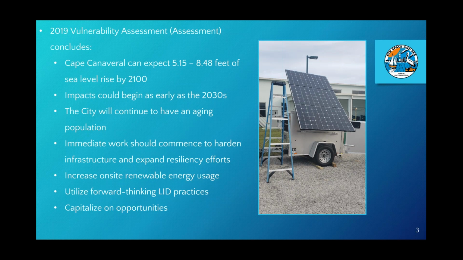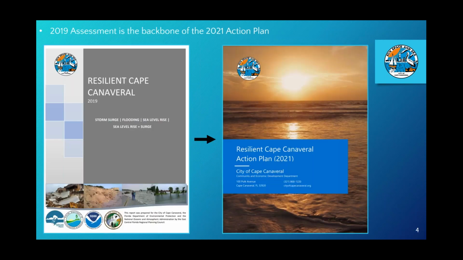Given the extensive scientific background and public comments provided through the development and completion of the city's vulnerability assessment, the document provides an excellent backbone on which to develop a resiliency action plan, in order to turn its various recommendations into actionable targets to strive towards. And today, after 2 years of work, we are finally able to proudly present a working draft of the city's 2021 Resiliency Action Plan, the first such document in the city's history.